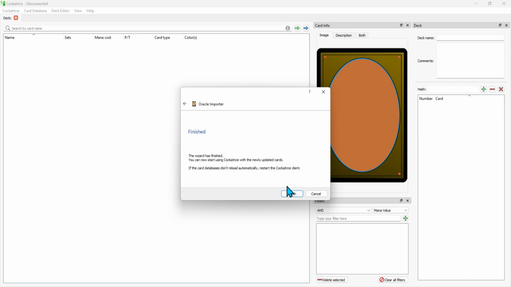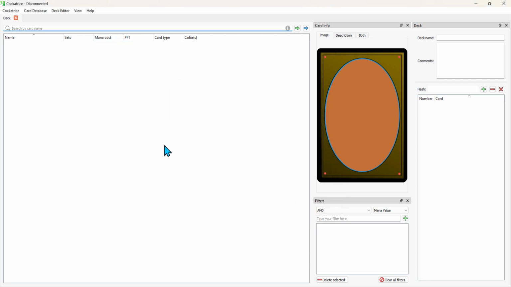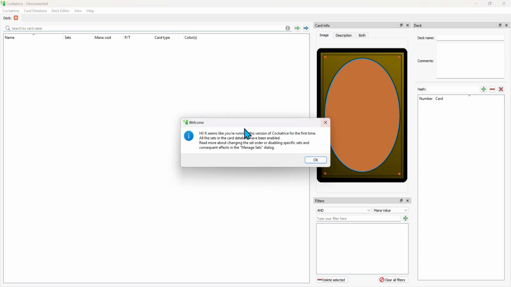After that, it will have it loaded, and after you have finished with both the cards and the tokens, the wizard will finish, and now you can start using Cockatrice with the newly updated cards. If the database has not reloaded automatically, restart the Cockatrice client. In my experience, I have never seen it automatically reload. So